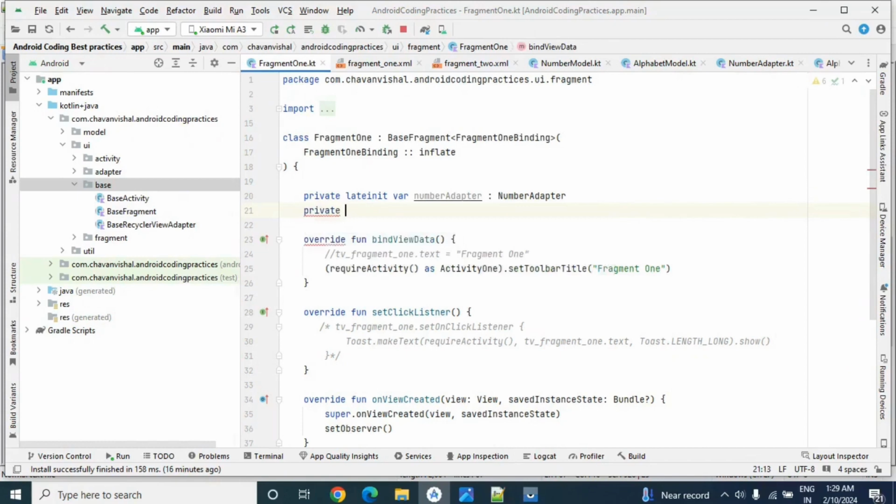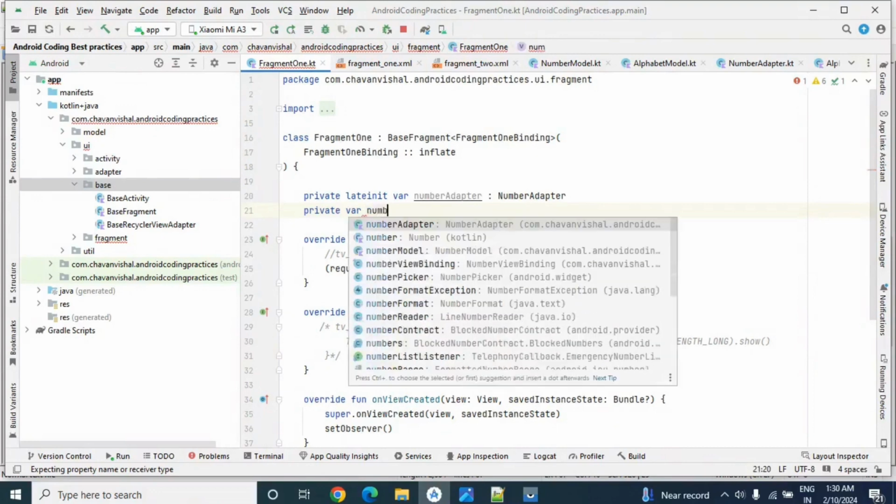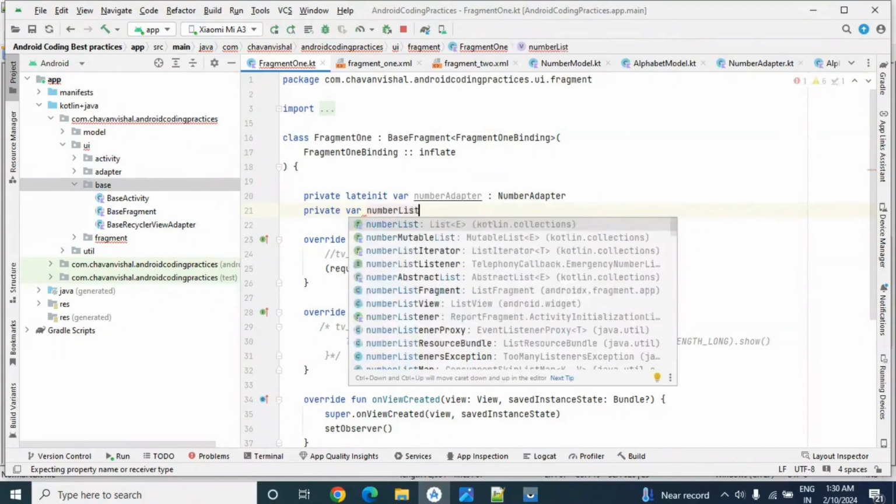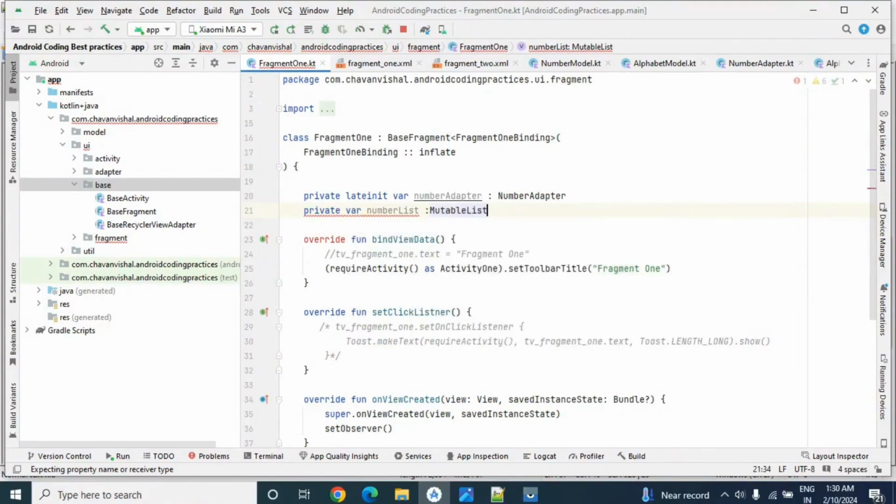Then private var numberList, of type mutable list of NumberModel, is equal to mutableListOf. So now we have declared our number list.